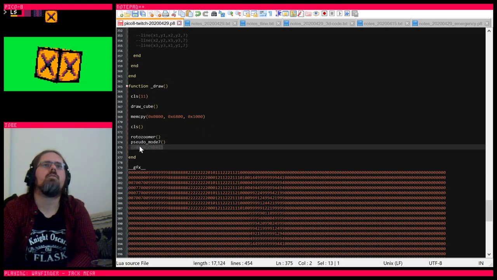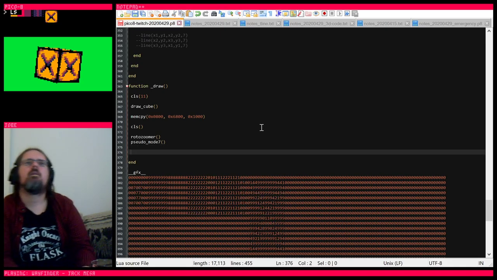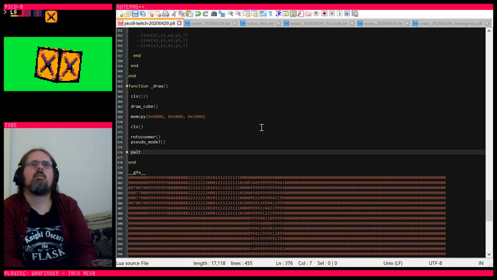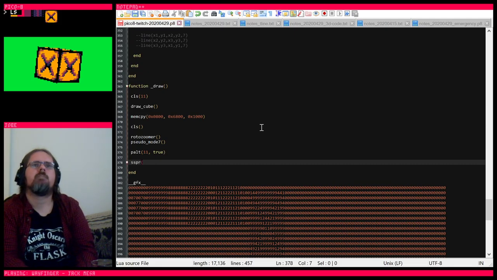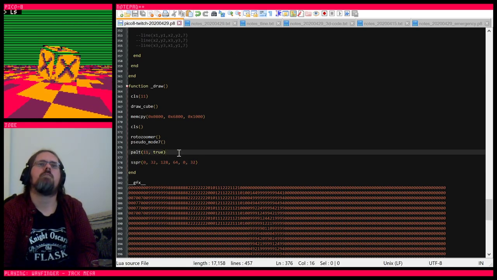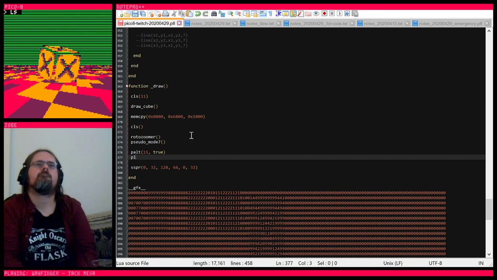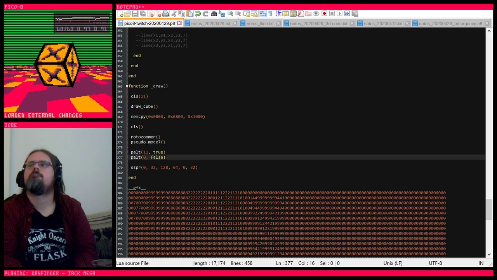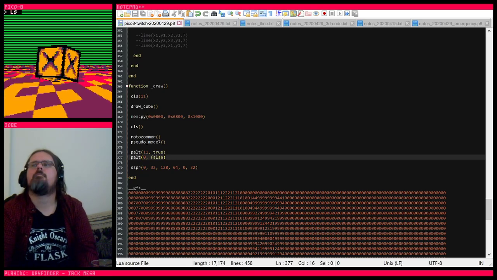We don't have to draw the cube again. So let's set 11 to be transparent and draw the cube from the sprite memory. So am I doing this correctly? And the 0 needs to not be transparent. Okay, and